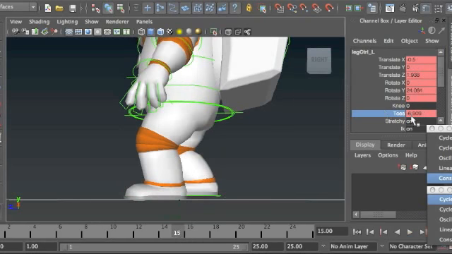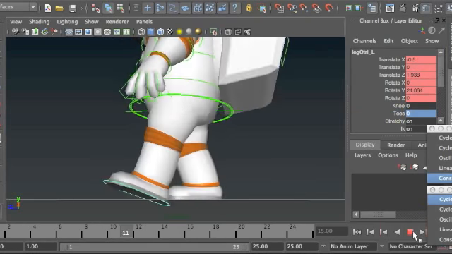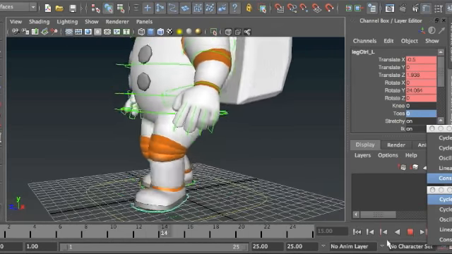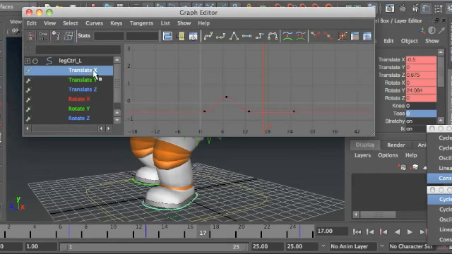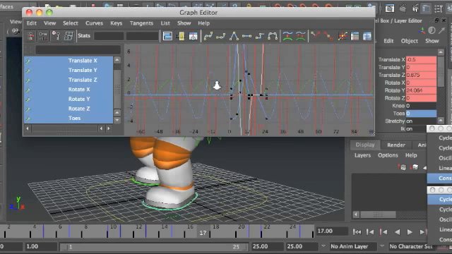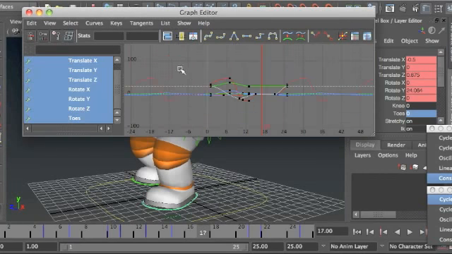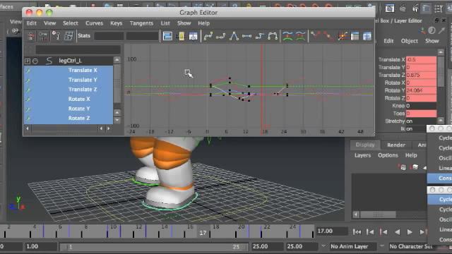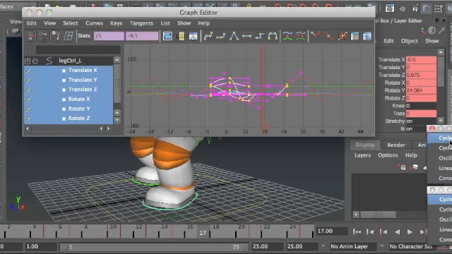And then back to 0. Okay, so that feels good enough for now. And it's a good idea to just make sure all of these curves are cycling,